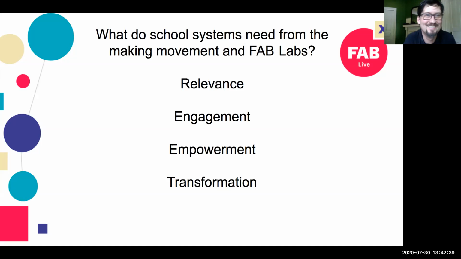Alethea. Okay, so there was another question. It says, from Nathali, I'm sorry if I'm saying your name incorrectly. Do you feel that making, fabricating, and designing will ever become part of the curriculum in its own right, rather than complementing teaching in other areas of the curriculum? Do you think it should? And then also we have about 10-ish minutes left.